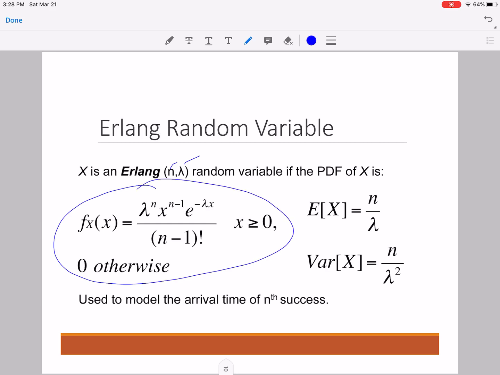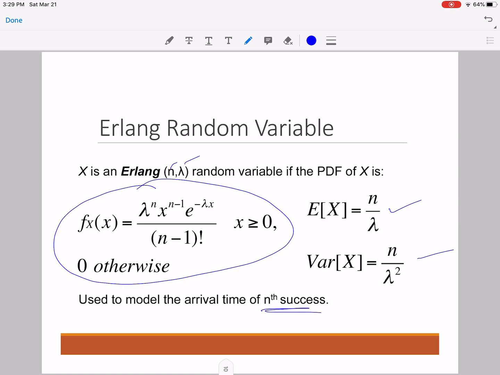So f of x is equal to lambda to the n times x to the n minus 1 times e to the negative lambda x, over n minus 1 factorial, for x greater than or equal to 0, and it is 0 otherwise. The expected value of an Erlang random variable is n over lambda and the variance of x is n over lambda squared. Now it is used to model those situations where you're measuring the time